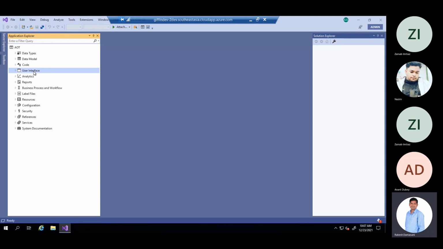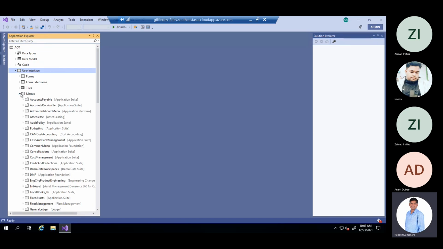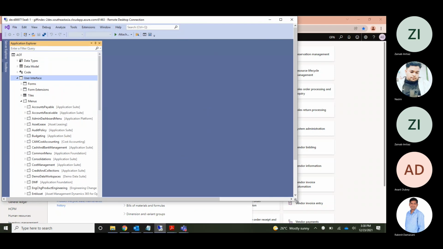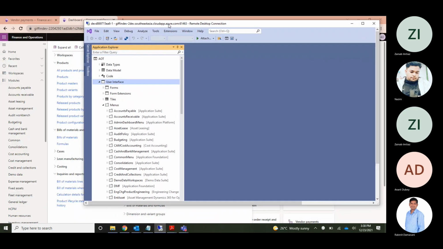As we are talking about the user interface, we will go to user interface and then menus. In the front end, we are able to see accounts payable, accounts receivable, common, consolidations, everything.